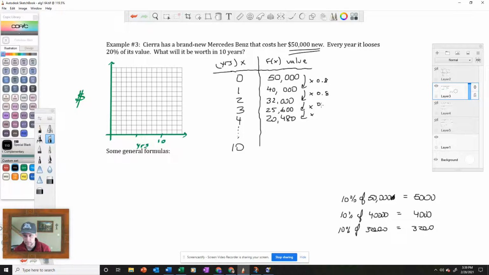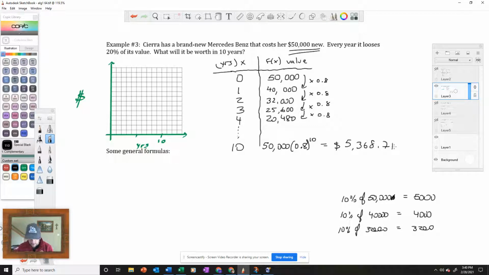And therefore, if I want to then find the 10th year, I realize that I started at 50,000 and I multiplied times 0.8 times 0.8 times 0.8 times 0.8, 10 times. And therefore, that's going to be my answer. So I'm going to go ahead and take my calculator and get a final answer for that. And the answer is that in 10 years, this poor car is only going to be worth